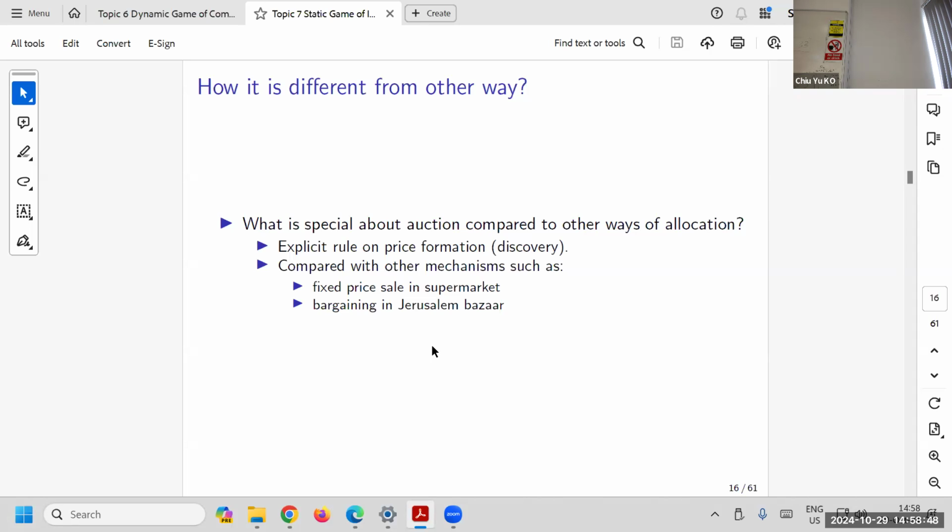When you don't have the market there, right? There's no market, then we have the auction, right? So that's why in this literature we call it market design, right? Because you don't have a market, you have to design the market. Auction is one way to do this; in the literature of economics, it's called auction.